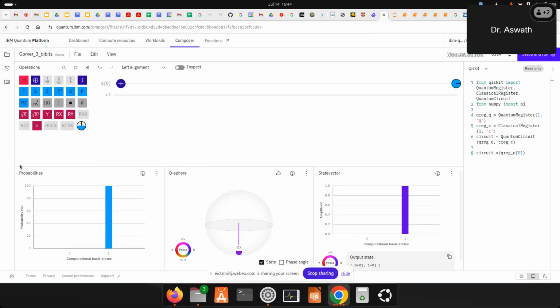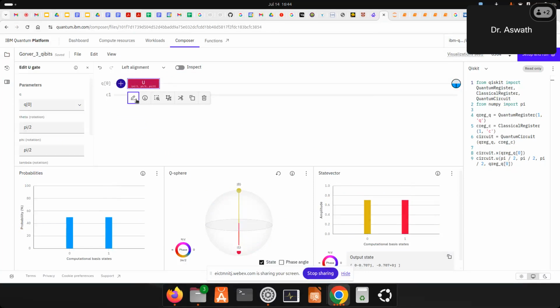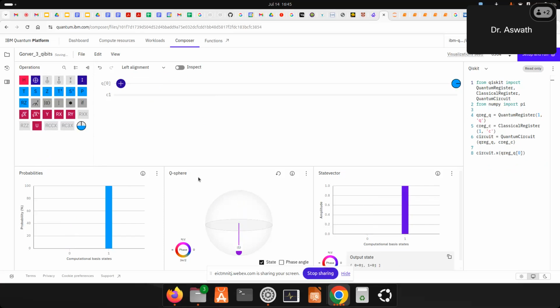A unitary gate is actually a combination of all of them. The first gate rotates about which axis with what angle. Second gate, which axis with what angle. Third gate, about which axis with what angle. That is how you can create a generic unitary gate. You see there are multiple angles. Here it is three gates. You can add multiple also, but for now I have three. So that is the Solovay-Kitaev theorem for you.